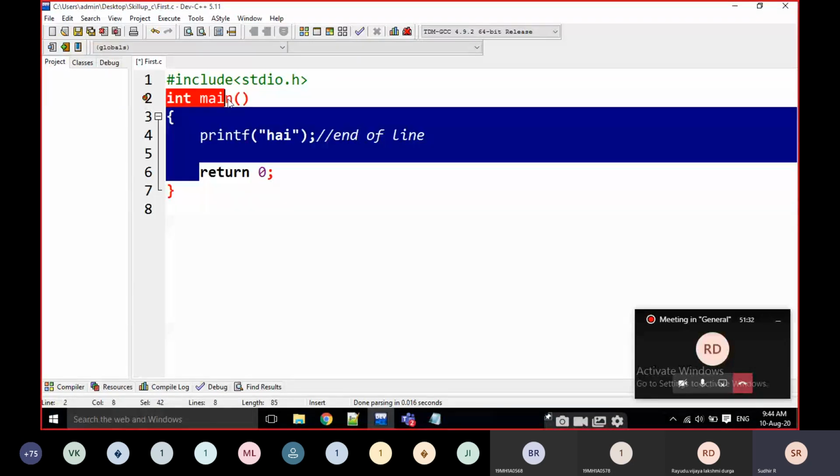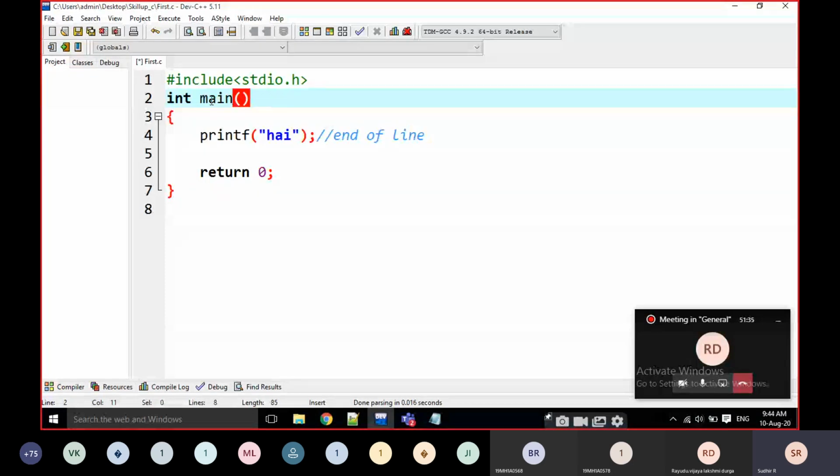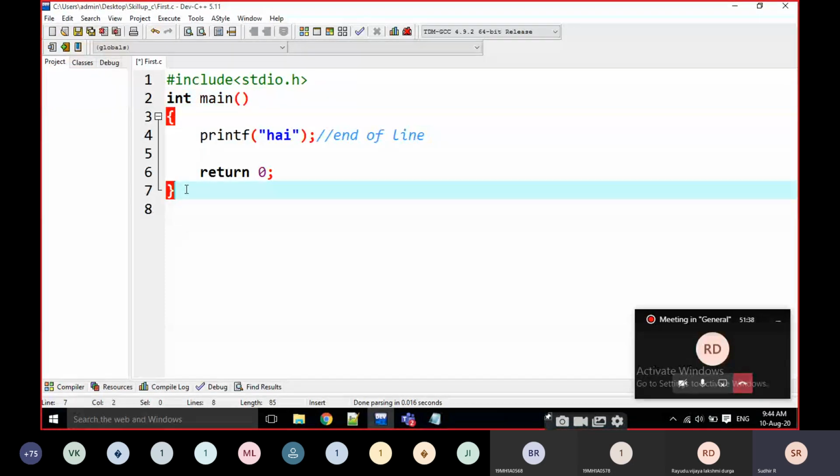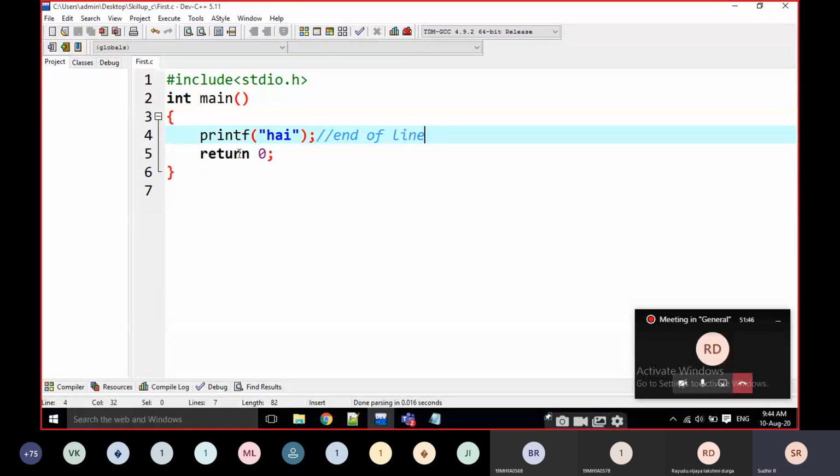But the main functionality starts here and ends there. These types of statements never use a semicolon. If the functionality of the line ends in the same line, then only we go for a semicolon. That's why printf and return end with a semicolon, and main is not ended with a semicolon. Is it clear?